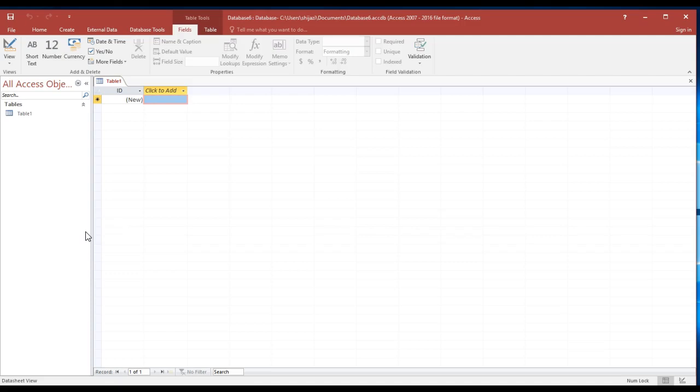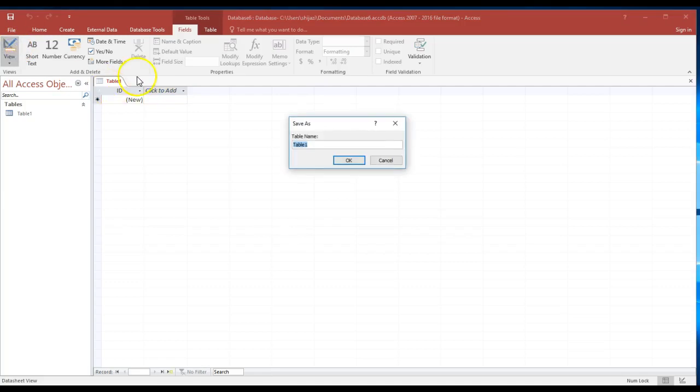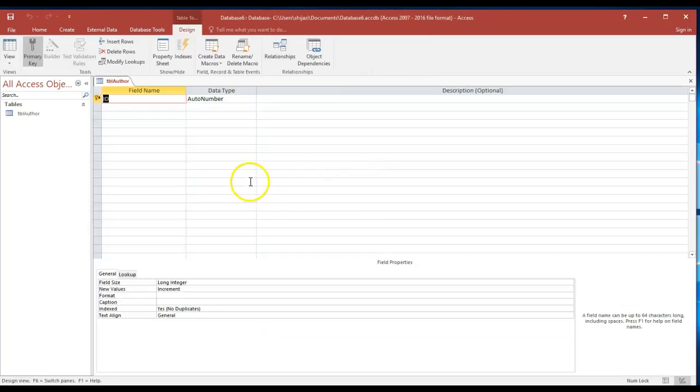Let's go ahead and start, first of all, by designing the table initially for the author. So I'm going to click on here, and I'm going to start with the author, and I'm going to call it TBL author. That would be a good name. And I'm going to click OK. And now I'm going to go ahead and start